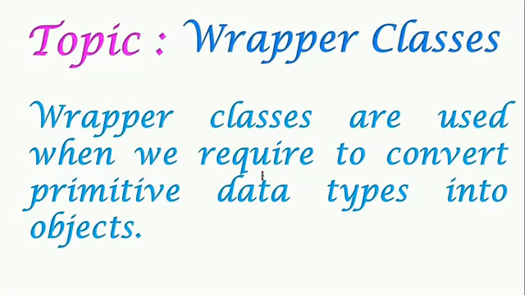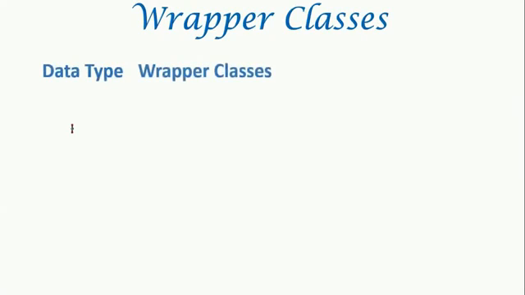We know that we have 8 primitive data types. For all the primitive data types, we have corresponding wrapper classes. Let us see the corresponding wrapper classes. For the byte data type, we have the wrapper class Byte, but the B letter will be capital. Same like that for short